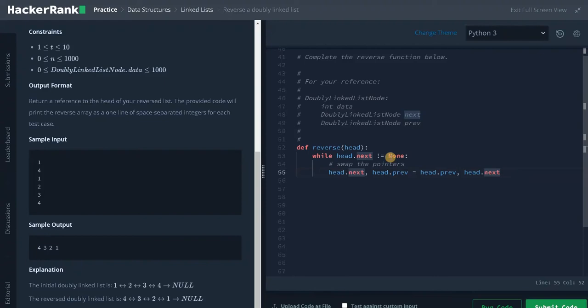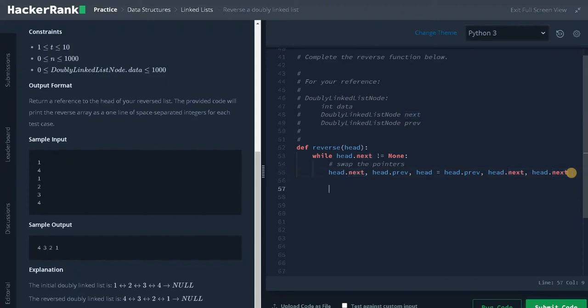As you can see, we already changed some of these pointers here itself. So to avoid inconsistency, I will create the next pointer here itself. So head.next. As I already said, this will store it as temporary values. While assigning it simultaneously, we will avoid that inconsistency problem. You can try it as a line by line operation, but you need to create some extra temporary variables. That's why I'm using this kind of technique. This technique will be very useful and it will save lots of space in your code.